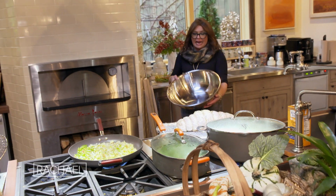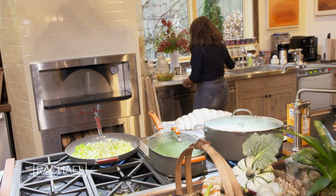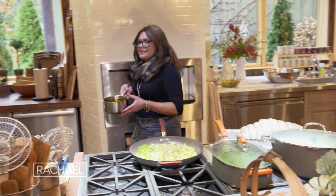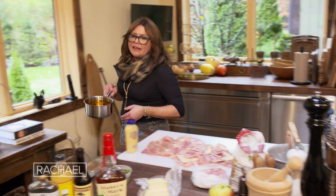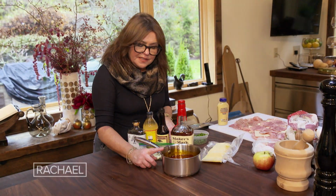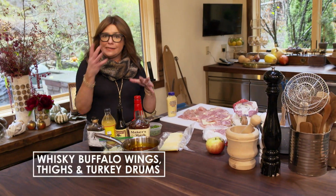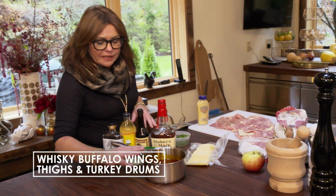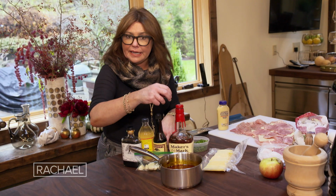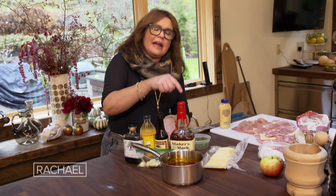For John's wings and drummers, I have a giant bowl ready to toss everything together. I have the sauce. It's the same that we did with the marinade, except we added butter. So you melt a stick of butter, and this would dress 8 to 10 large pieces of dark meat: 1 stick of butter, 1 bulb of garlic, shredded, grated, or chopped, and then to that I added about a 1/4